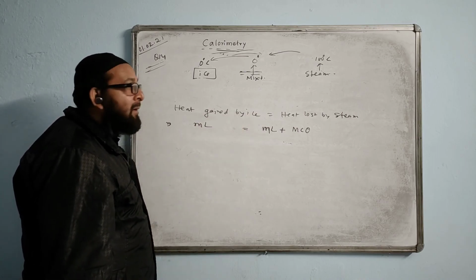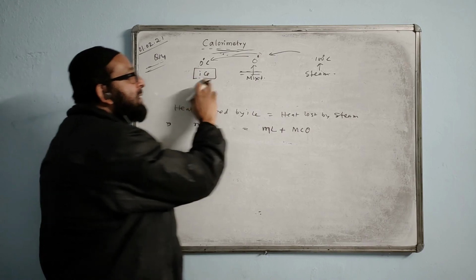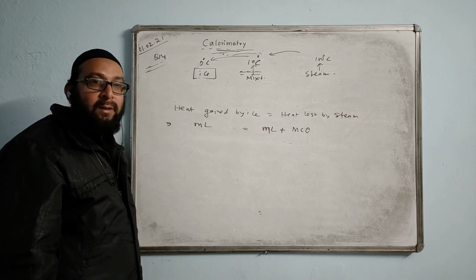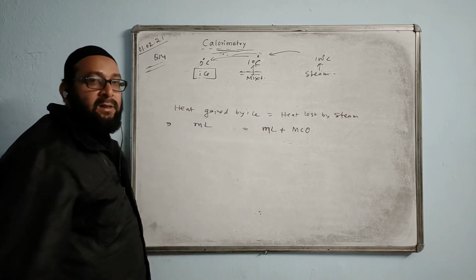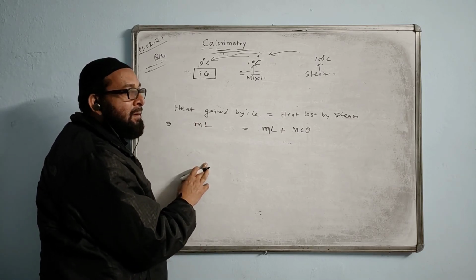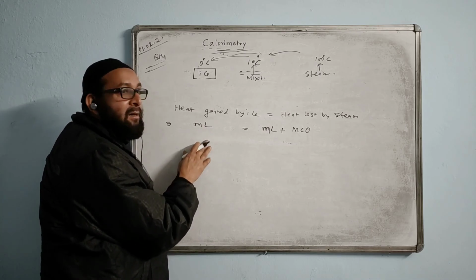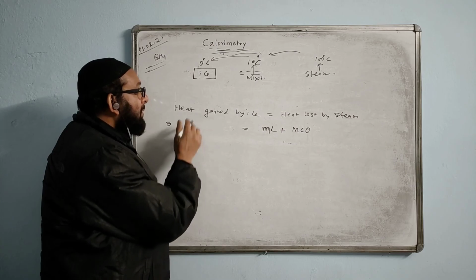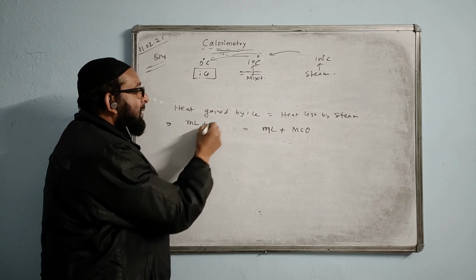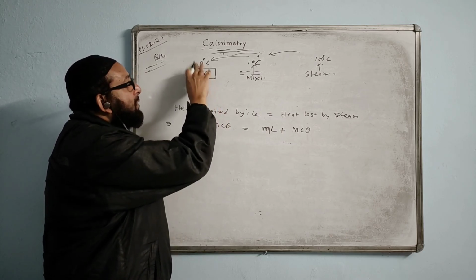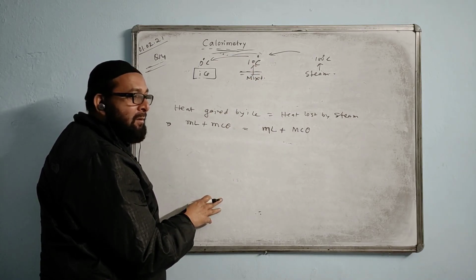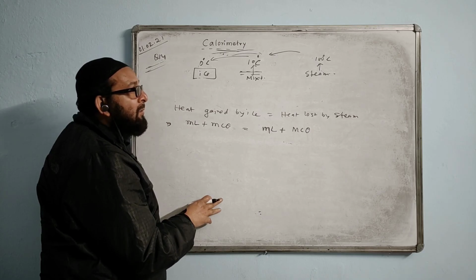By chance, if they have given this ice at 0 degrees Celsius, and here it is given 10 degrees Celsius. Now how will it happen? Tell me. Heat gained by the ice equals the heat lost by the steam. How will it equate now? This side, what should I write? Only mc theta? Huh? Yeah, mL plus, because ice first you have to melt into water, mL. First you have to change the state, plus mc theta, because temperature must rise from 0 to 10. Other side, what will happen? Tell me. Other side only mc theta?